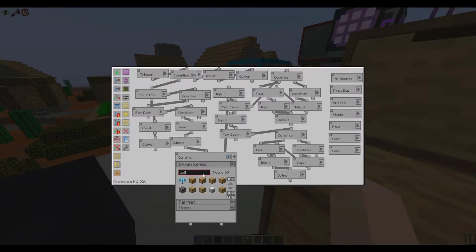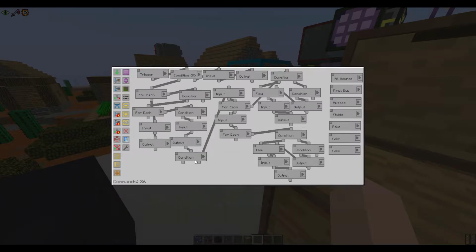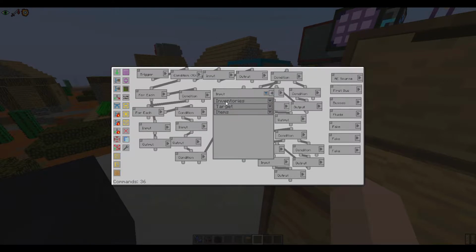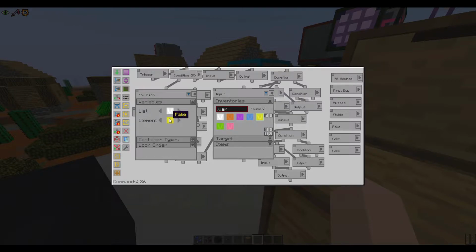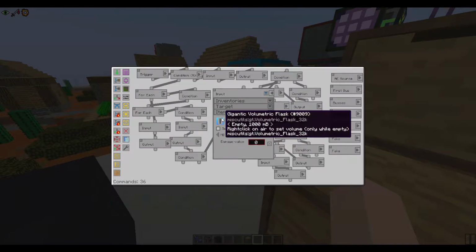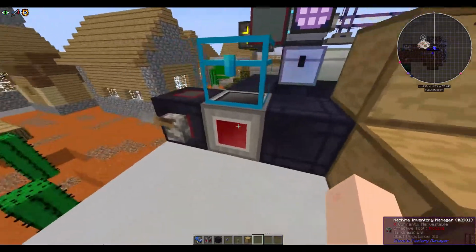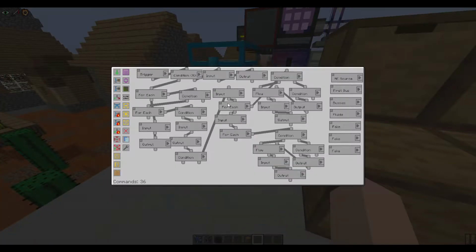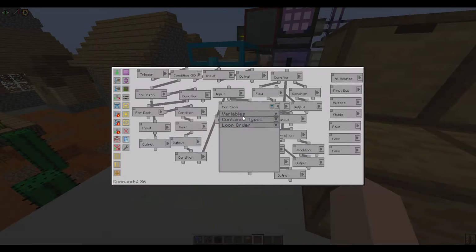After that, we have this little check, which is going to see if the bus is actually empty. In the case that it is empty, which is the false here, we're going to pull from that AE inventory, that fake one that we set up over here. In this case, I have it set to NBT independent for flasks. That's because this first part is going to be handling the fluids, second part will be handling the items. Now we're just going to iterate through our fluid tanks,